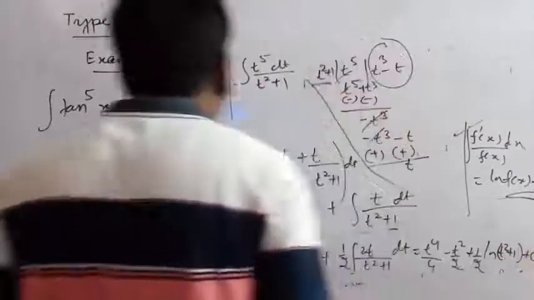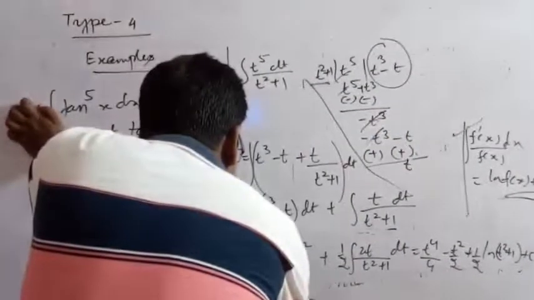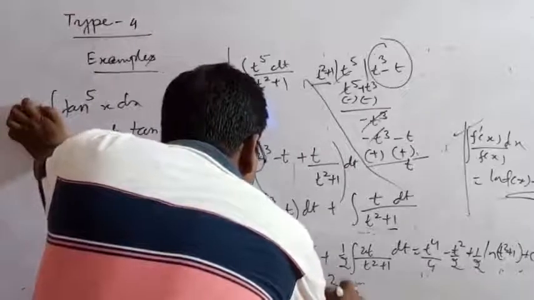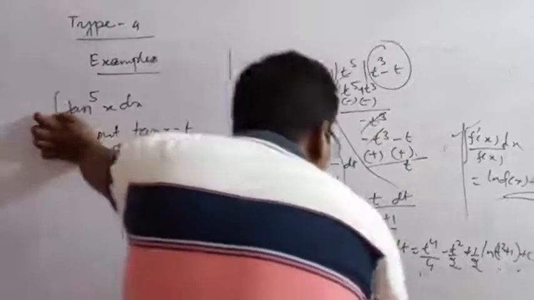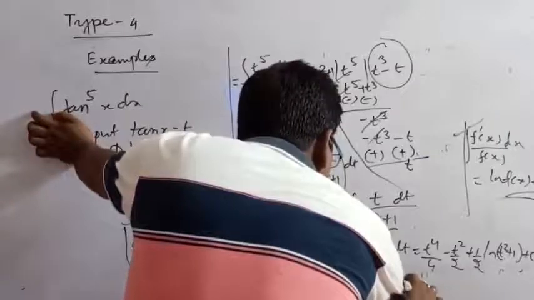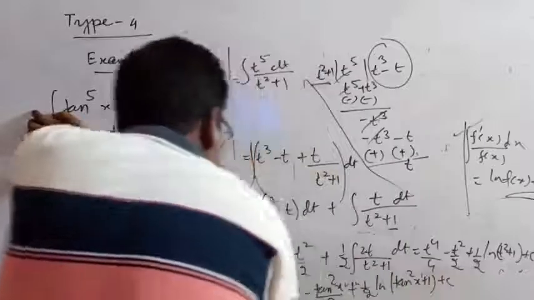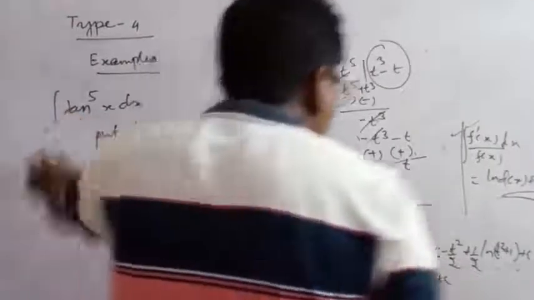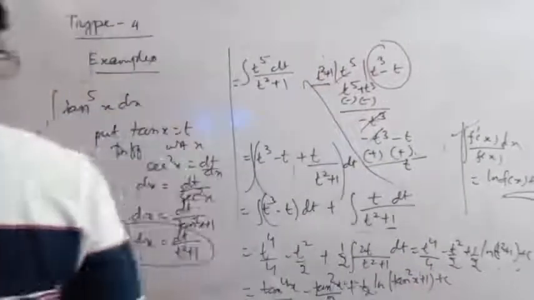Now what is t here? t is equal to tan x. So the answer will be tan to the 4th x by 4 minus tan square x by 2 plus 1 by 2 into log of tan square x plus 1 plus c, or this can be written as